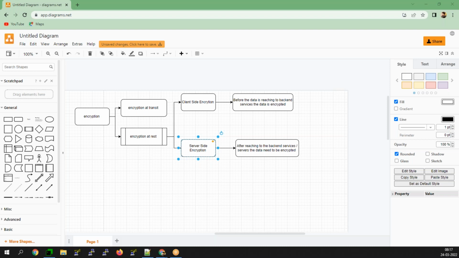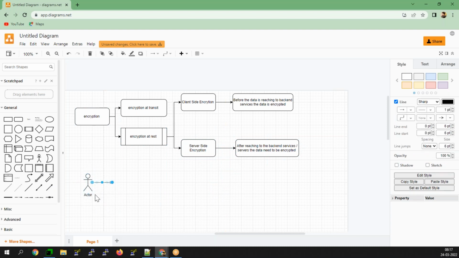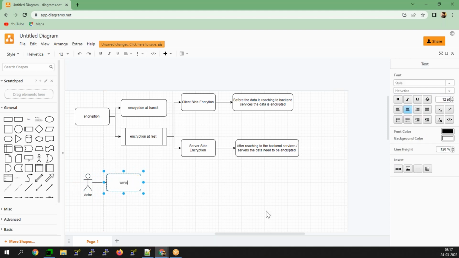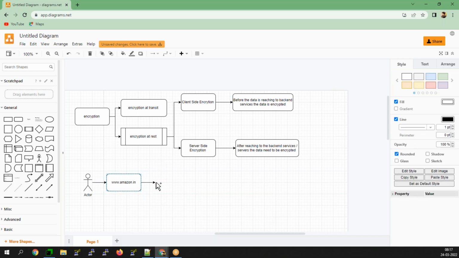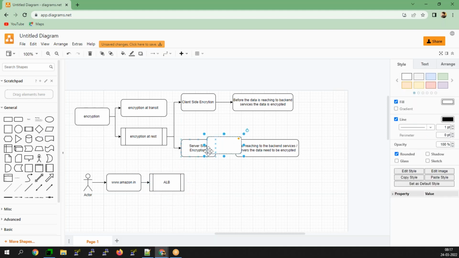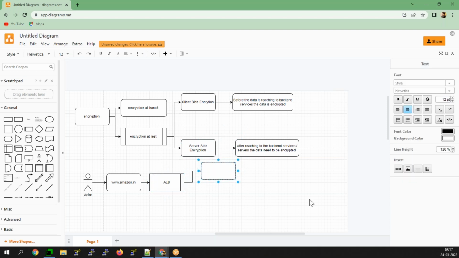Encryption in transit. What do you mean by encryption in transit? As I said earlier, whenever the end user goes from his web browser to www.amazon.com or amazon.in, this is going to reach the respective ALB, application load balancer, and then